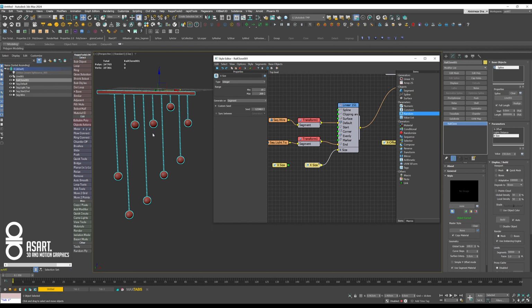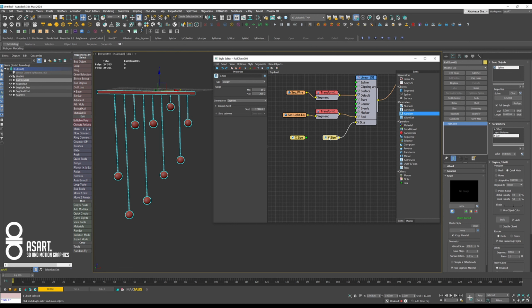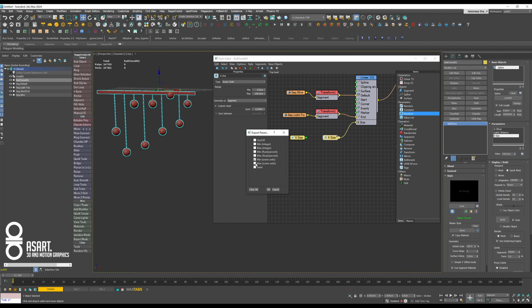So now we want to control these values from here as well. So we can go to the random operator, right click on it, export parameters, and now export the minimum maximum for scene units since we have to set this to seed units as well. So again, right click, export scene units,